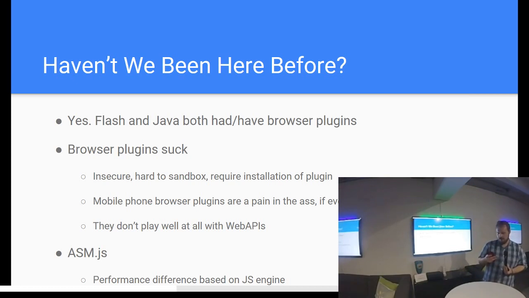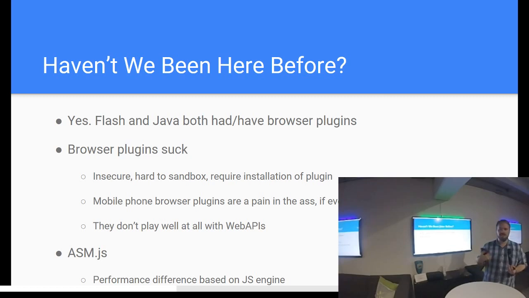WebAssembly is smaller than ASM.js, so once again, small footprint makes it really nice for downloading and loading up an application. Let's see here. The battery drain on the CPU cycles, so ASM.js isn't exactly ideal for mobile because it does use those additional cycles, so it has the potential to drain your battery. It can be used as a polyfill though, so if you develop a Wasm or WebAssembly application in the future, you could backport it to all the unsupported browsers using ASM.js as a polyfill, potentially anyway.